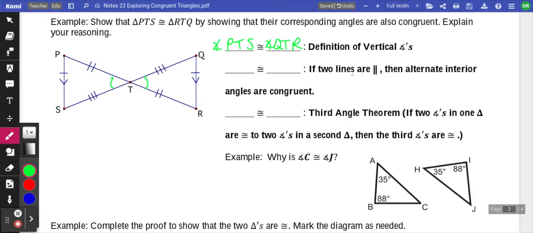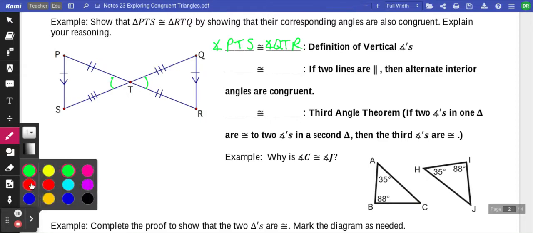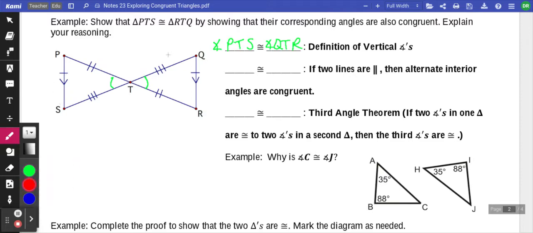Something else we talked about is parallel lines, and you might notice that QR has one of these arrows on it, so does PS, implying that these two lines are parallel. And we have lines connecting them, those transversals. We actually have 2. We'll just focus on one at the moment. And I have, if 2 lines are parallel, then the alternate interior angles are congruent. Well, hopefully you remember interior means to be between the parallel lines, inside of them. To alternate means to switch sides of the transversal. So if you look at angle S right here and follow this transversal all the way across to Q, you'll notice the angle at Q is underneath the transversal while the angle at S is above it, which is the